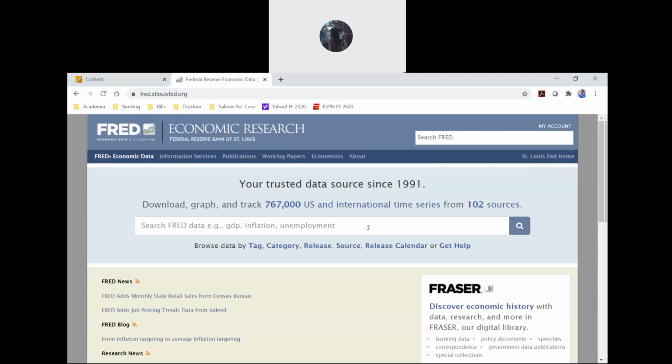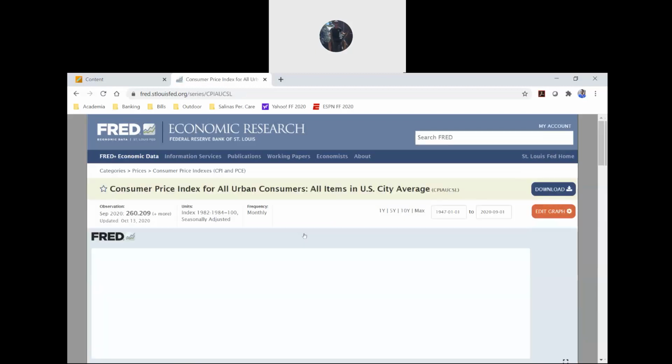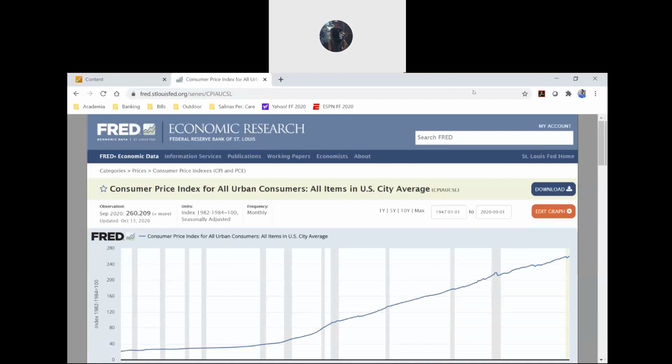All right, let me show you the consumer price index data. Okay, so you can see that it's very rare that prices go down. So even recently, look at